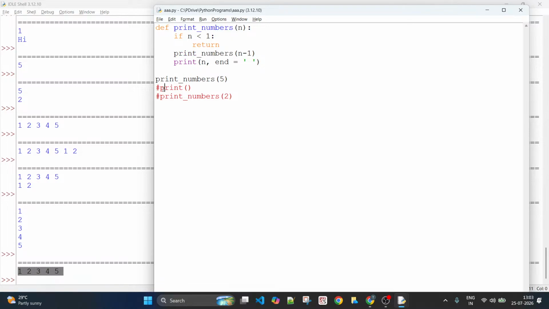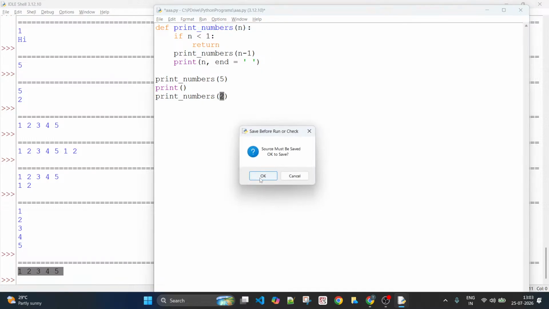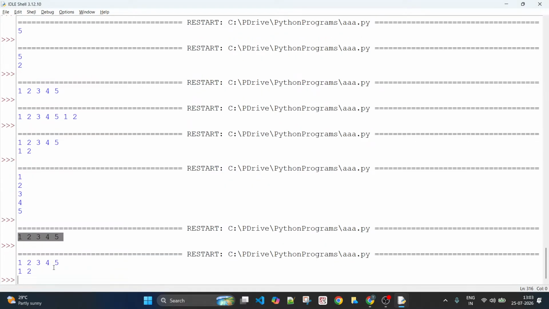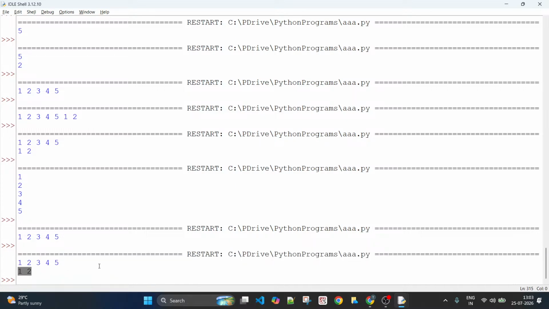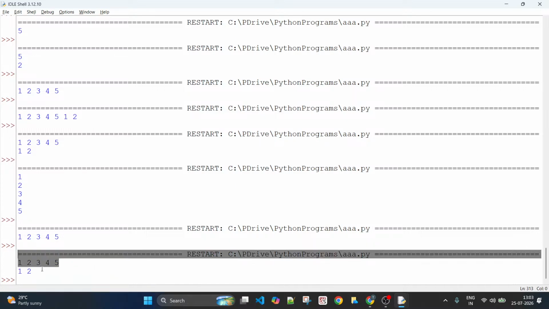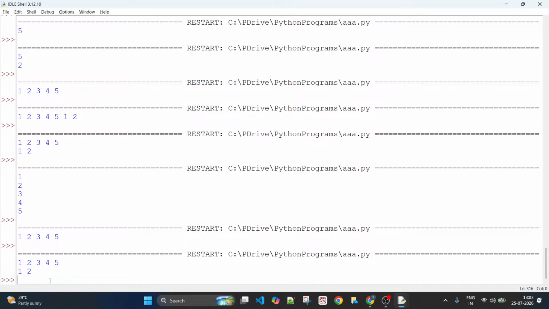Make sense? And what if I call this same function a recursive function? Now it has become a recursive function. print_numbers has become a recursive function. What if I call this recursive function with an argument 2? It prints 1 and 2 because that is the limit anyway, right? So let me run this again for you. So I'm calling both with the argument 5 and 2. When I pass it with 5, this is what you see. When I pass it with 2, this is what you see.